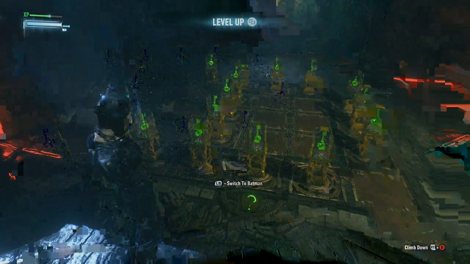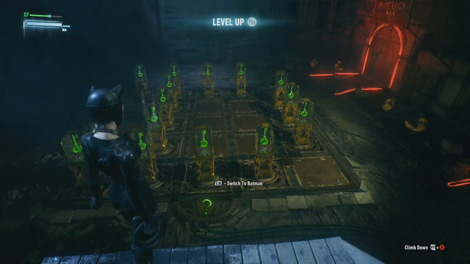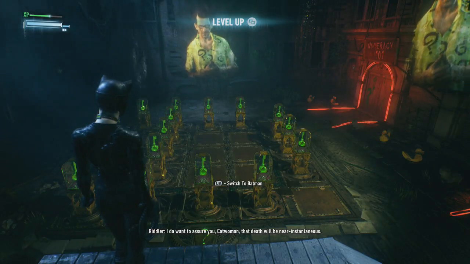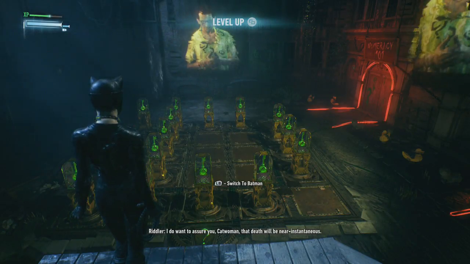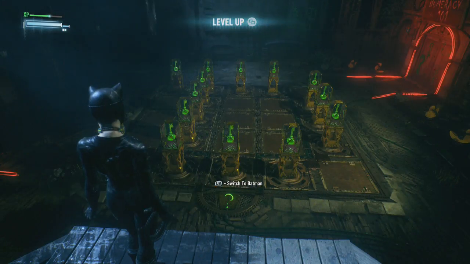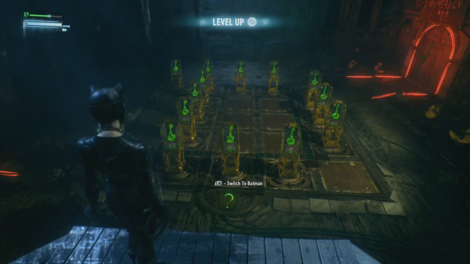So it's three on one end on their own. Again, it's interesting, you know, you can actually switch between two characters in two separate locations. I assume, Catwoman, that this death will be near instantaneous. That you can switch between two characters in two separate locations instantaneously. But again, it's in a contained area, so it's not open world, so it's not as demanding memory-wise as you might think. Right, so...